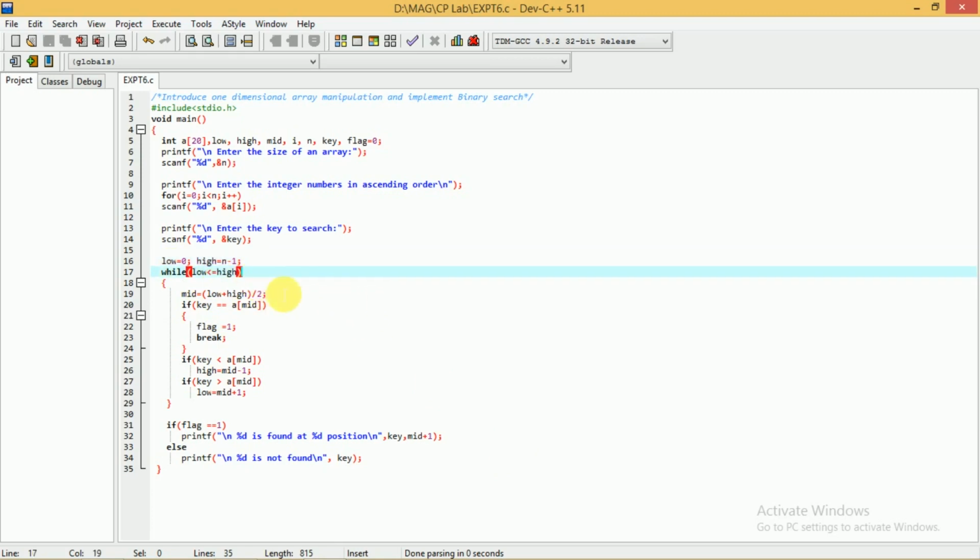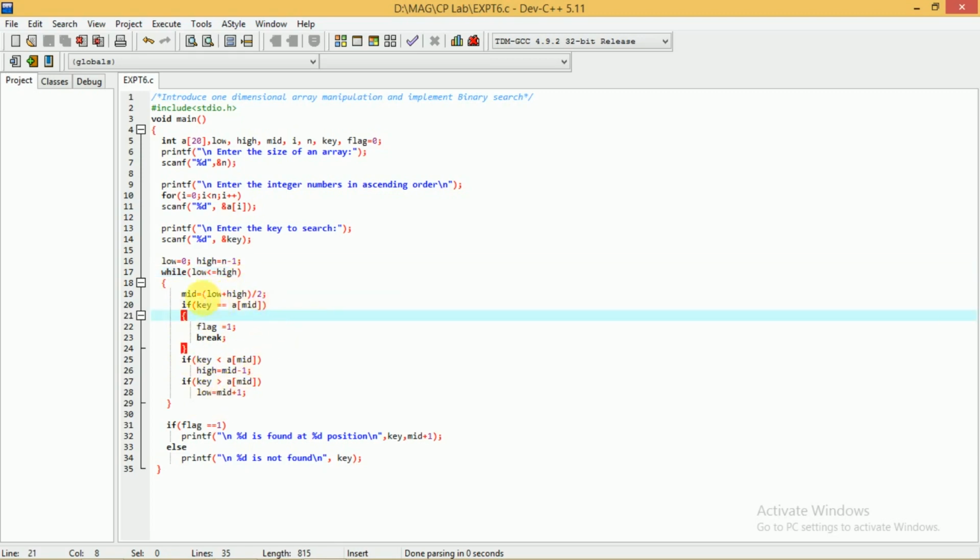After this we have the while loop. While low is less than or equal to high, the corresponding statements continue to be executed. When this condition becomes false, the statements stop executing.